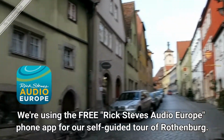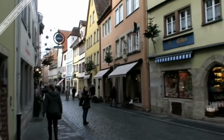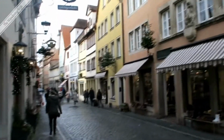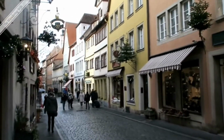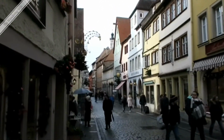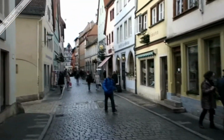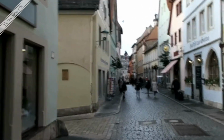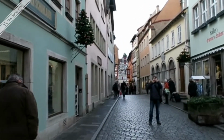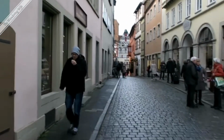One of Germany's greatest cities, and today it's one of the best preserved medieval towns anywhere. Rothenburg is a 14th century town and it predates both Munich and Berlin. They were just stops in the road when Rothenburg was already a thriving city. And much of it is preserved today because it wasn't a target by the time World War II happened, and so it didn't get bombed, and almost all of its wall and many of its buildings are still intact and preserved today. So right now we're walking into the center of town to the main square where we'll see the